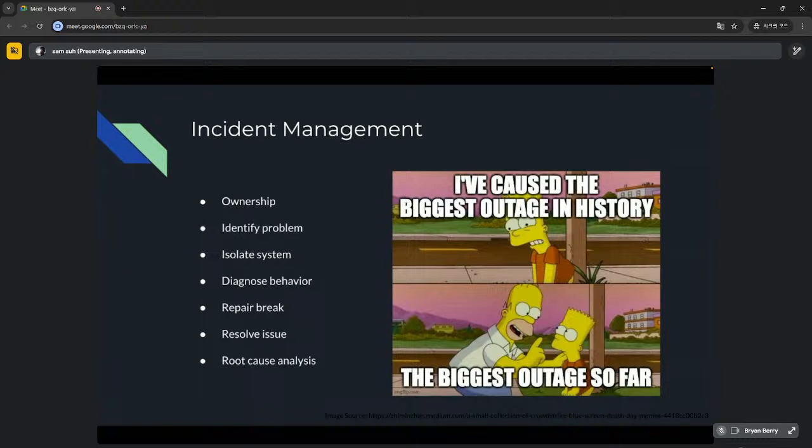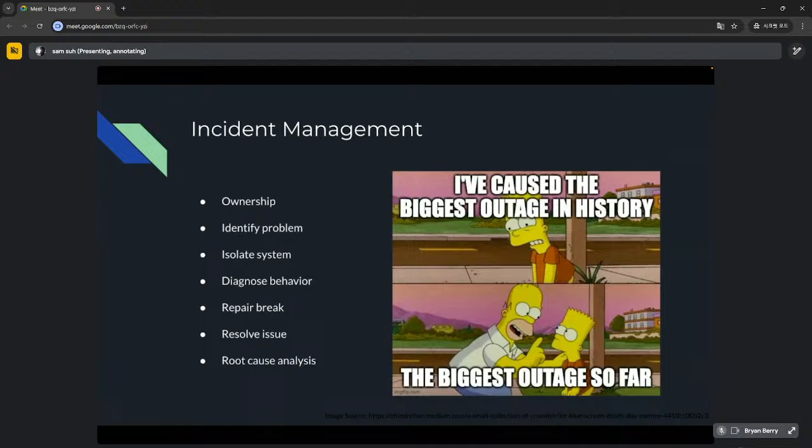If you guys have heard of AWS going down, and half the internet goes down or whatever, that is someone's incident management problem. Someone has to take charge of it. Someone has to figure out what's wrong. Someone has to try to bypass it. That's a temporary solution. If this whole server is bad and you're not sure what's bad with it, the simple solution would be to spin up the same server from a backup that you hopefully have, and then route everything over there so that you just bypass the bad system.